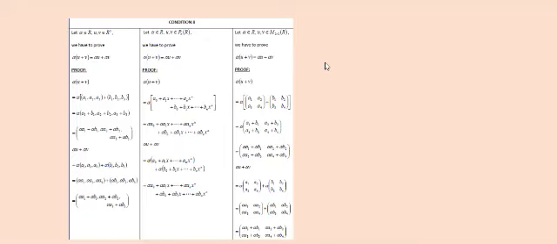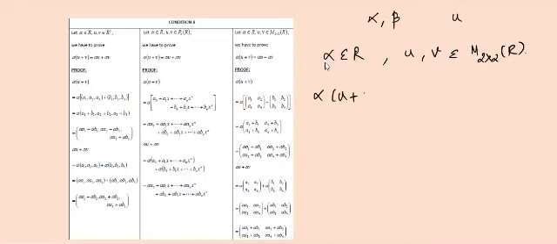So the condition 8 is, both the 7th condition and the 8th condition were named as distributive property. See, in condition 7 we had 2 scalars, whereas in condition 8, I am taking only one scalar. In condition 7, you had only one vector, whereas here I am taking 2 vectors. I am just taking from M2x2(R). Now our aim is to prove that alpha into (U plus V) equals alpha U plus alpha V.